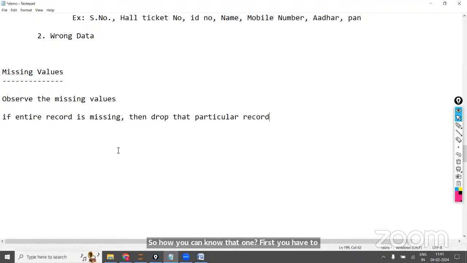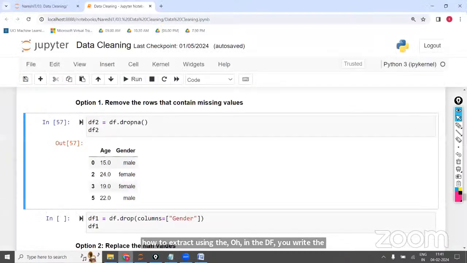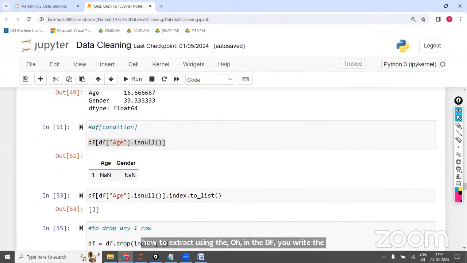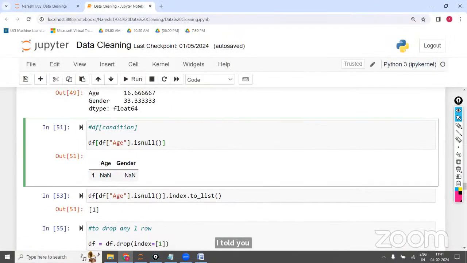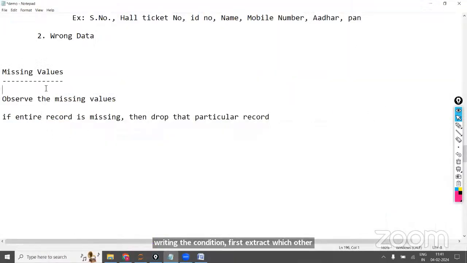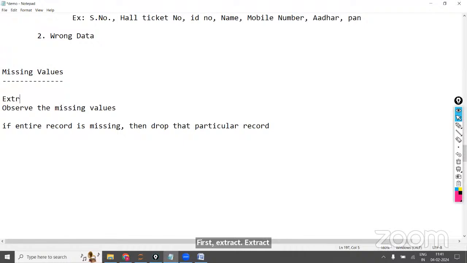How can you observe? First you have to extract the missing values. Extract the data using pandas. How? In the DF, you write the condition, as I told you here. By writing the condition, first extract which records have missing values. Extract the missing data